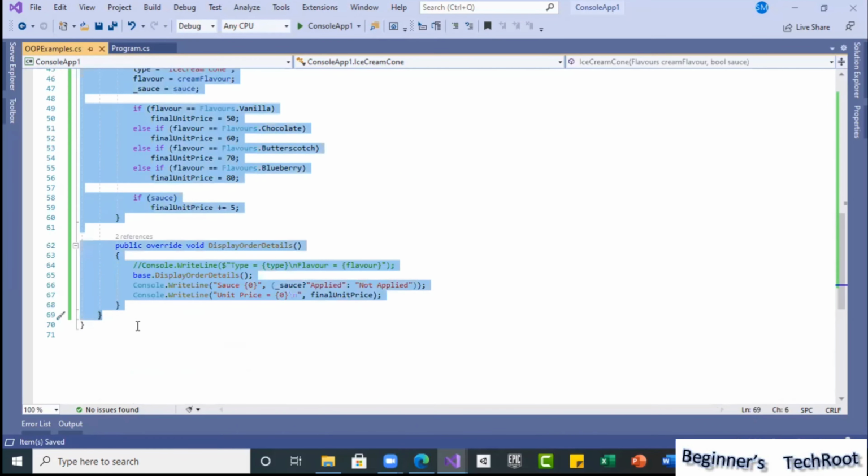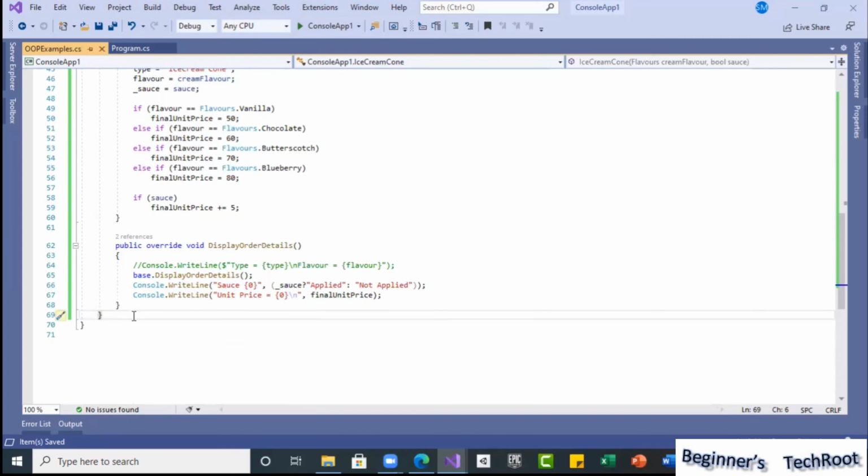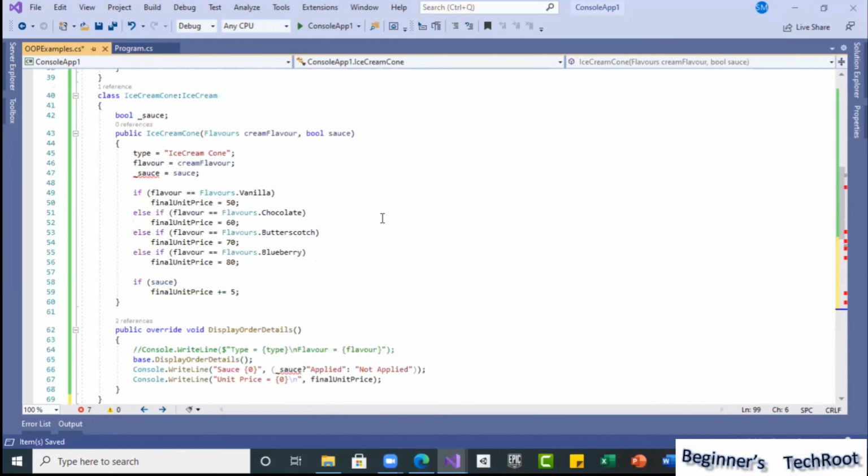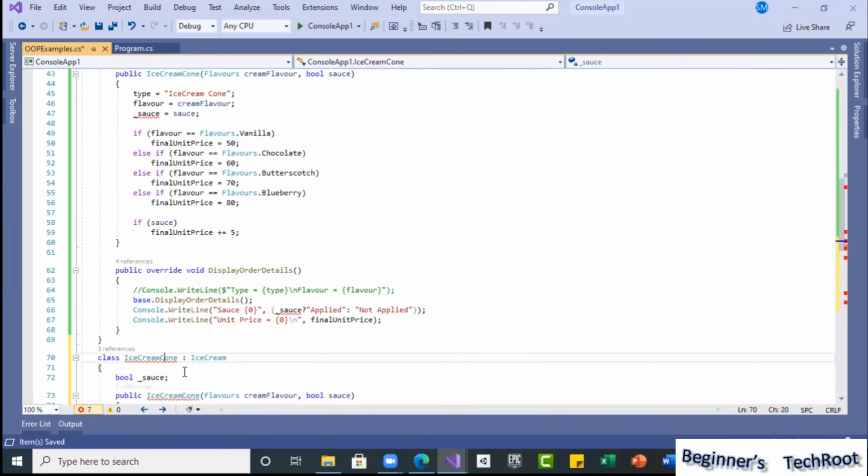Just we will take one more class, not more than that. I am going to take one type as a cone, which I have taken. Another type I can take as a cake, so that I can use the toppings for a cake. Okay, again I am going to use the same base class, ice cream.